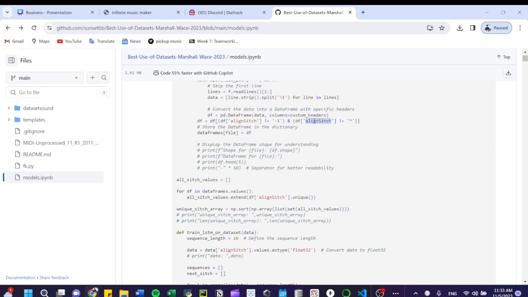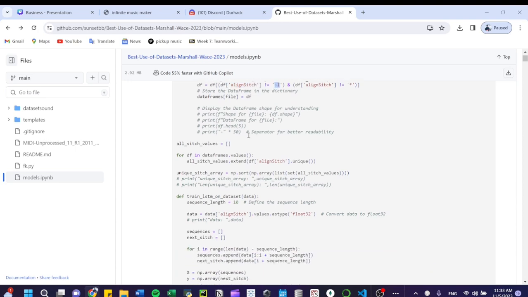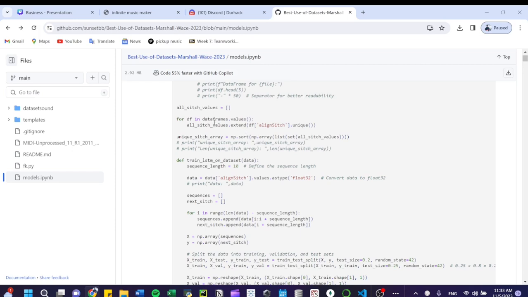So we started with some extra data cleaning to make the data more readable.